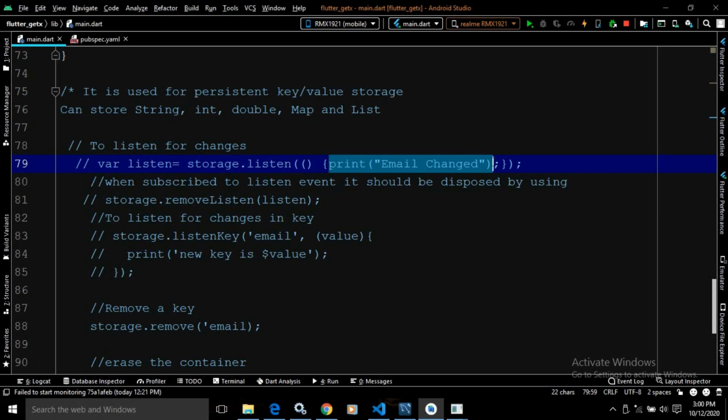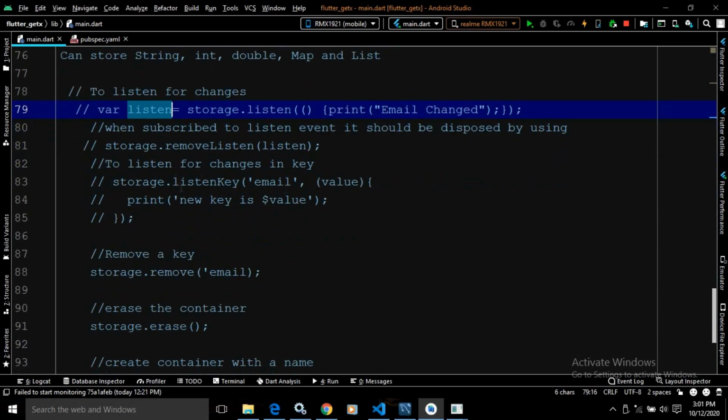This means whenever we add a value to the get storage, this event will be fired. Whenever we subscribe to this listen event, it should be disposed, and to dispose we will use the storage.removeListen method, and in the brackets we need to specify the event name which we have created here. In my case the event name is listen.